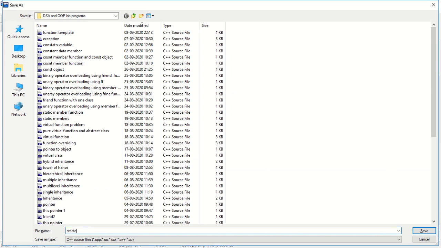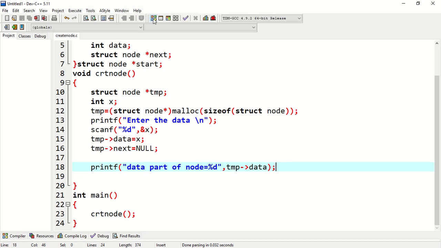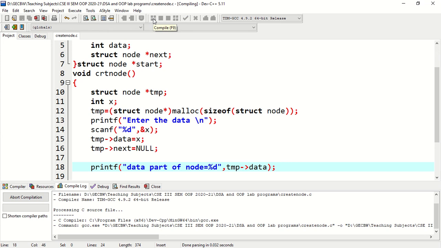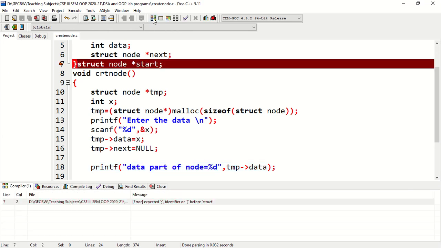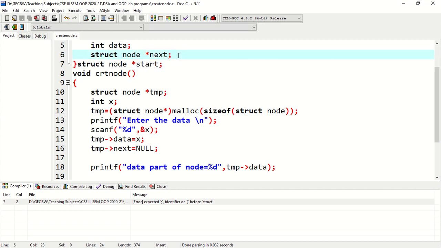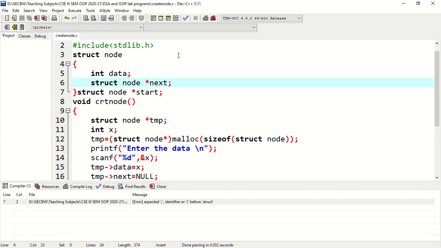Okay, I got an error. What is the error? It is about start.